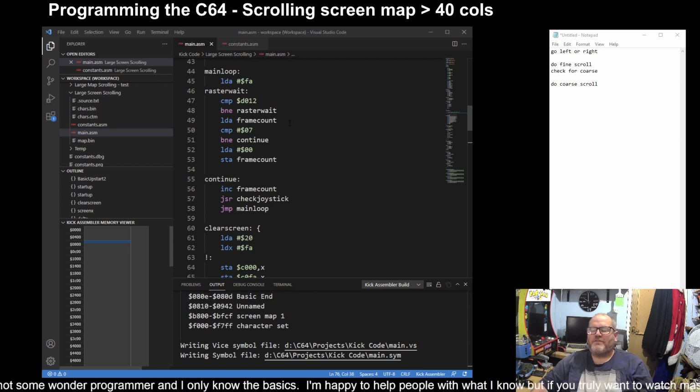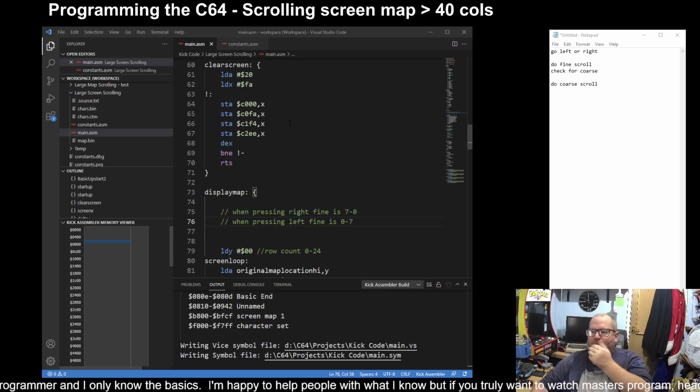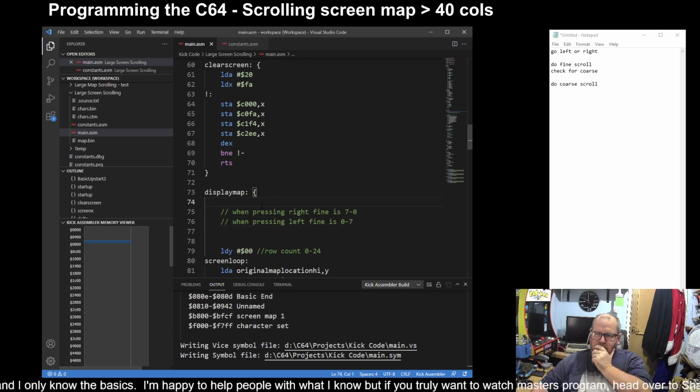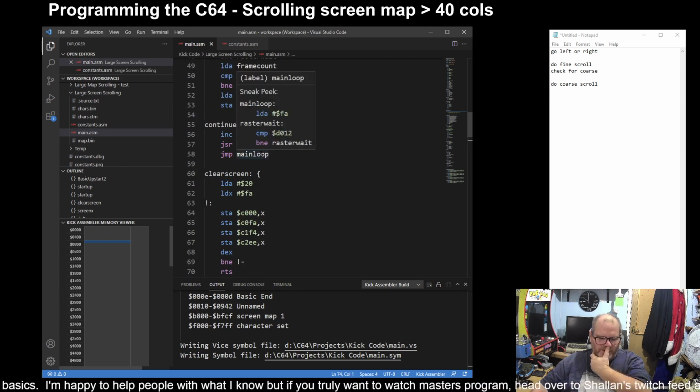I wonder if I should do it with the frame count. No, because we want to check the joystick at any time. So,